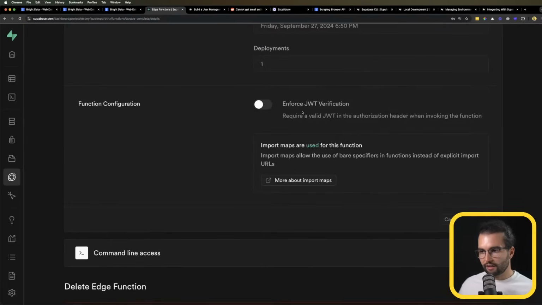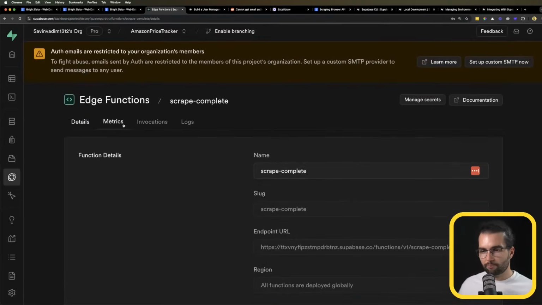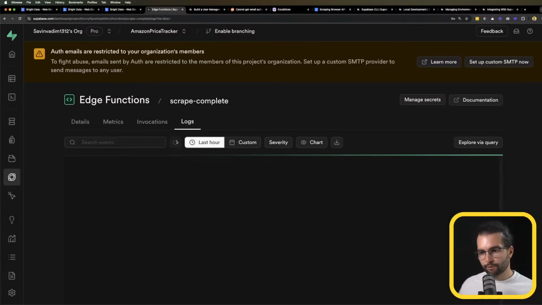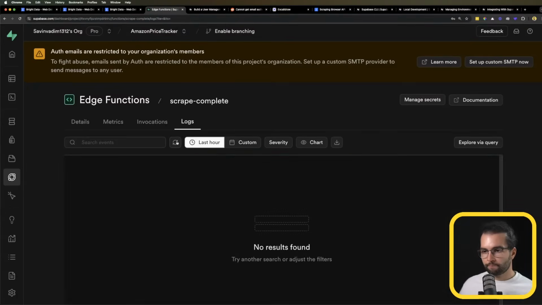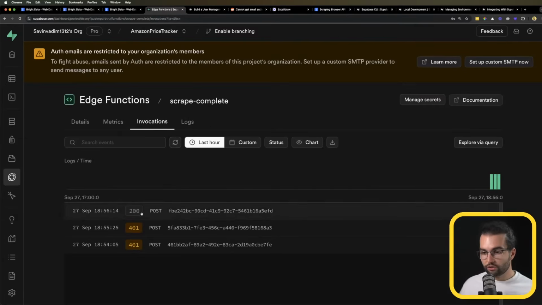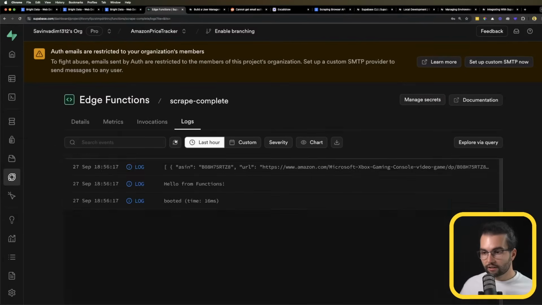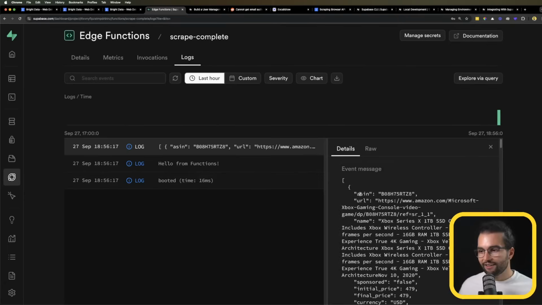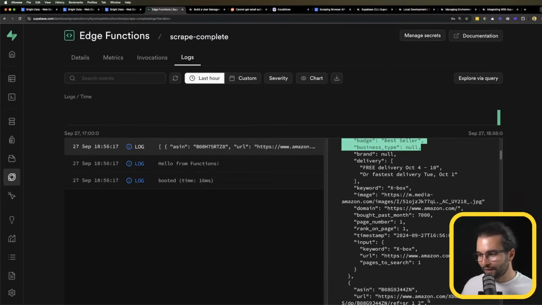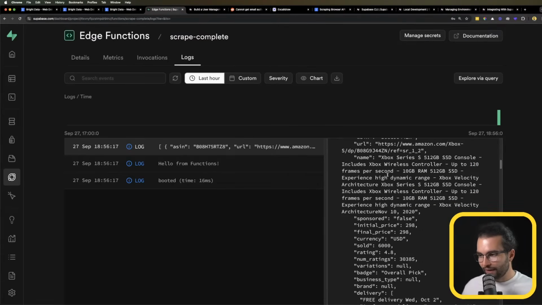I disabled the JWT verification. Not sure what's happening there. But now, in a couple of seconds, this function should be invoked. What again? 401? No, it's 200. And in the logs, we should have an array with parsed data, with information about the product for that Xbox